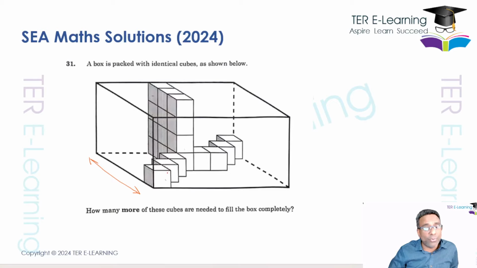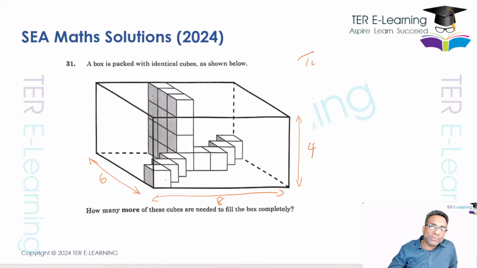So you have to count this. 1, 2, 3, 4, 5, 6. 6 cubes could fit that way. When we check this way, we have 1, 2, 3, 4, 5, 6, 7, 8. We have 8 cubes that could fit this way. And if we check upright now, we can fit a total of 1, 2, 3, 4 cubes this way. So therefore the total number of cubes